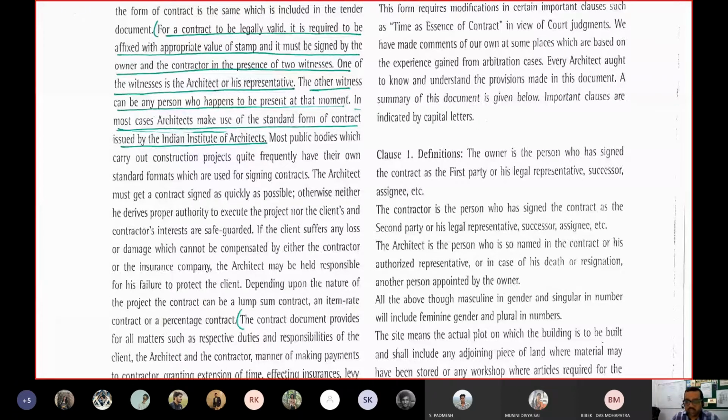Like once I give a site in your design project, the site is defined not only by its geometric coordinates but also by its periphery, perimeter, area, and its location with respect to its neighboring buildings and adjoining pieces of land. Everything has to be mentioned in the definition section. So let's go to the next page.